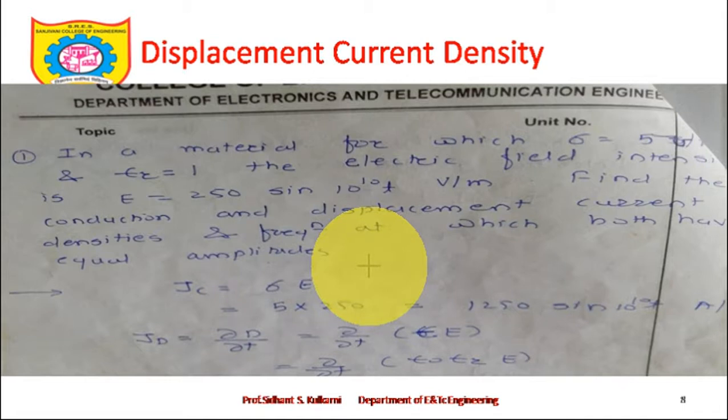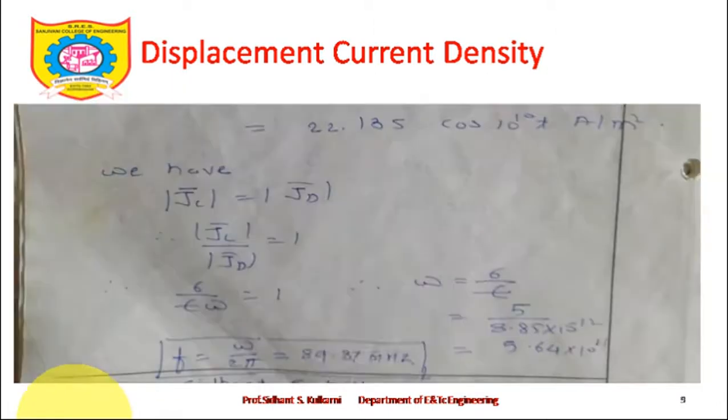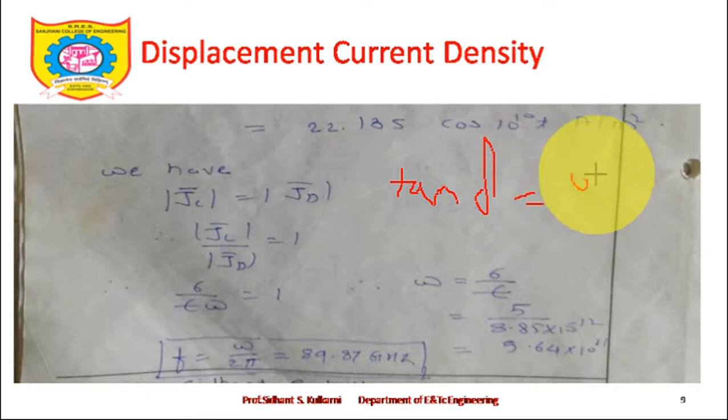For that, you should know the equation which relates this JC bar and JD bar, and that is the equation for tan delta. What is tan delta equal to? I will write it in the next slide, so that will become easier for you. So tan delta, the loss tangent, is equal to sigma upon omega epsilon,